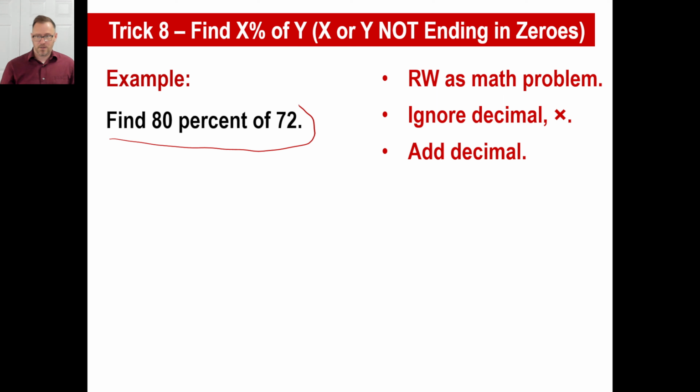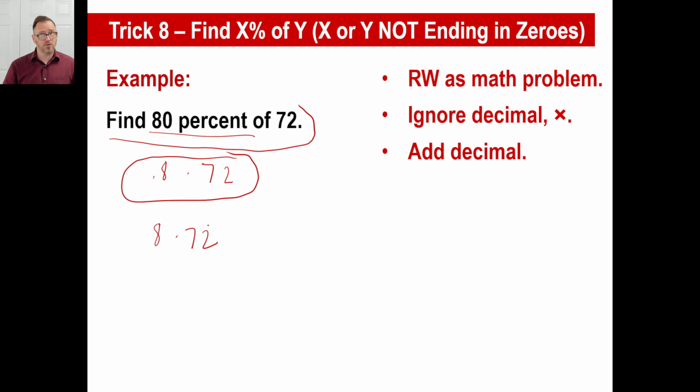Okay, let's do it. Rewrite as a math problem. We'll do this at first for a while. 0.8, right, 80%, of 72. Now, you have done ones like this before already. All you did on this one is to turn this percent into a problem that we have seen before. So ignore the decimal and you multiply, right? So that's going to be 8 times 72. You know how to handle that, right? We got 70 times 8, 560. We got 2 times 8, 16. 560 plus 16,